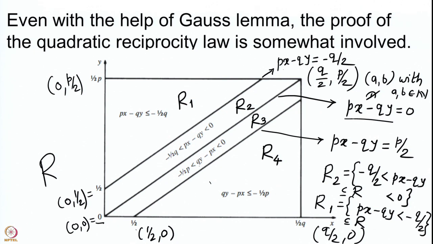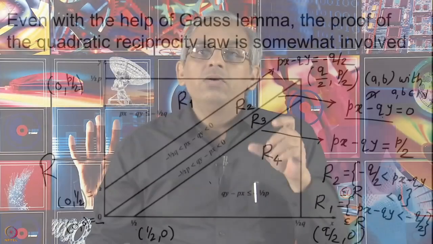That is quite easy to see because p and q are taken to be primes, these are distinct primes. Whenever we talk about the Legendre symbol of p by q, you should take p to be co-prime to q. So, these are primes which are distinct, they are co-prime to each other. Therefore, if you had any solution for px minus qy equal to 0, it would tell you that x has to be a multiple of q and y has to be a multiple of p. So, your solution, the points on this line, the diagonal line, are multiples of q comma p.